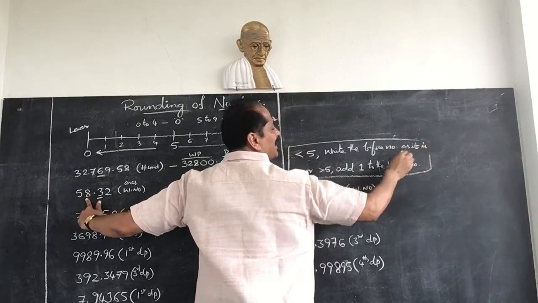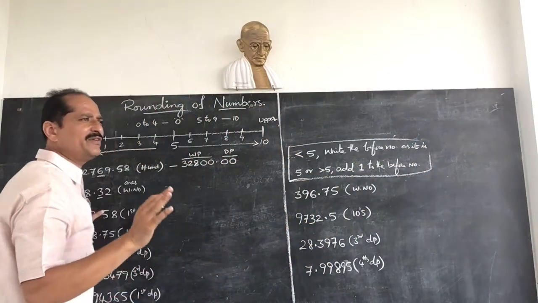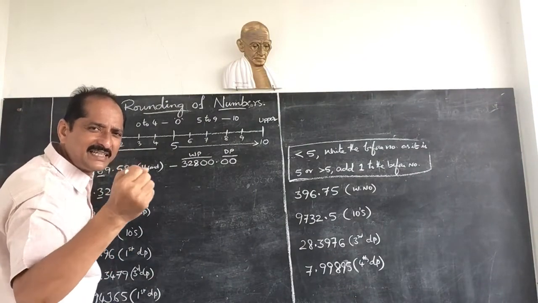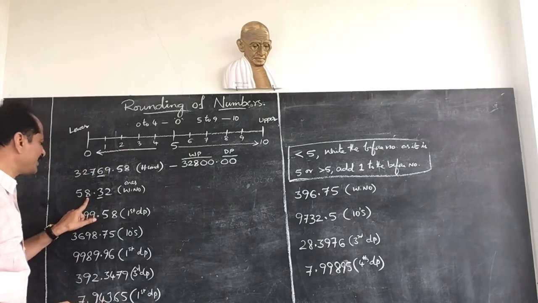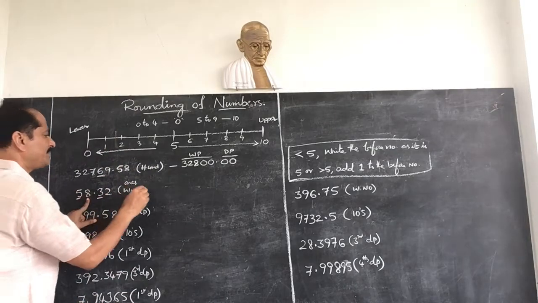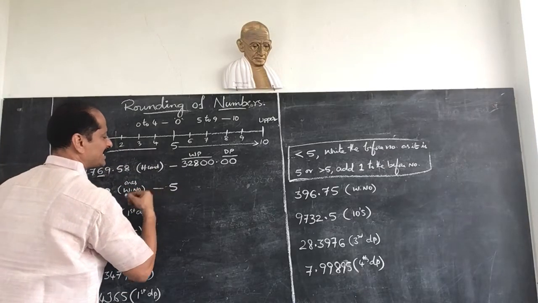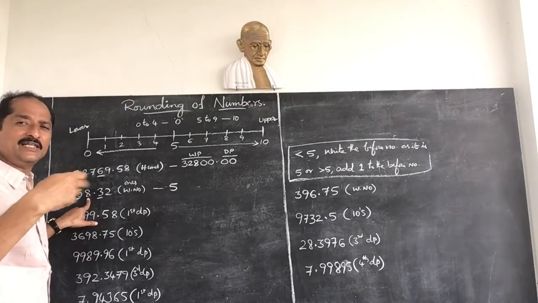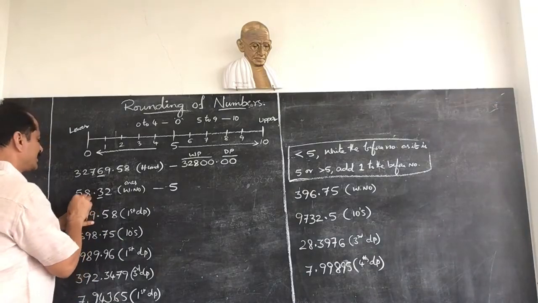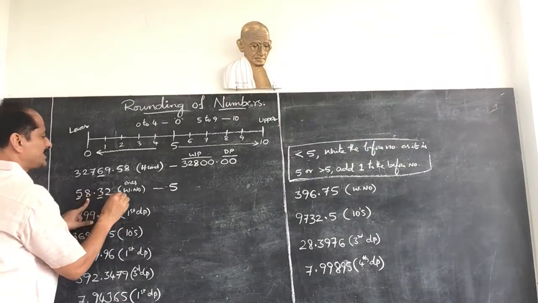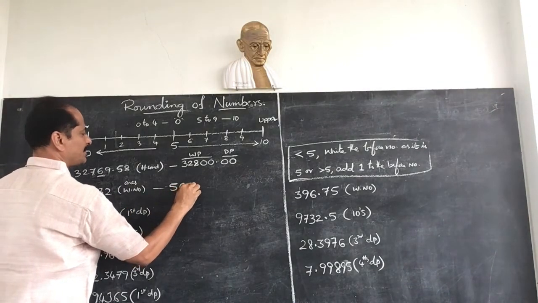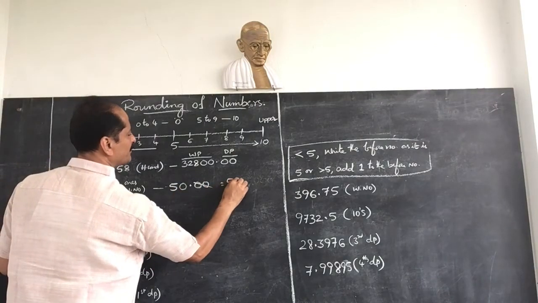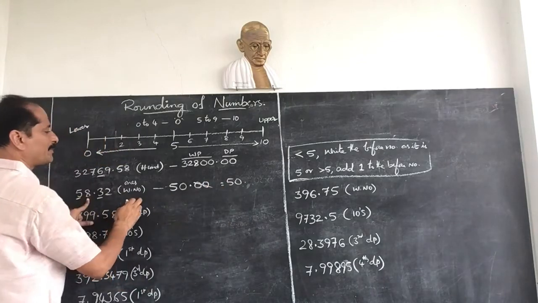As it is. We don't add and we don't subtract. If the digit is less than 5, write the before number as it is. Now place zeros. After 5, 1, 2, 3 zeros: 1 zero in the whole number part and 2 zeros in the decimal part. If these 2 zeros have a dot value, then that is nothing but 50. Round off this number to the whole number place is 50.